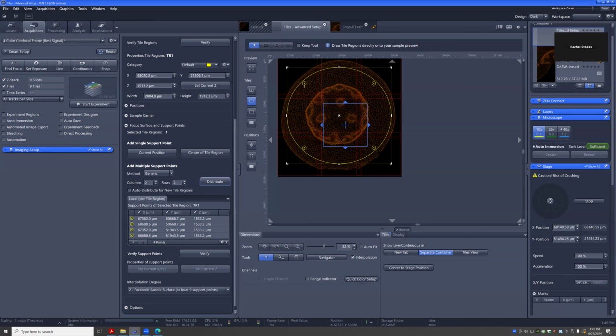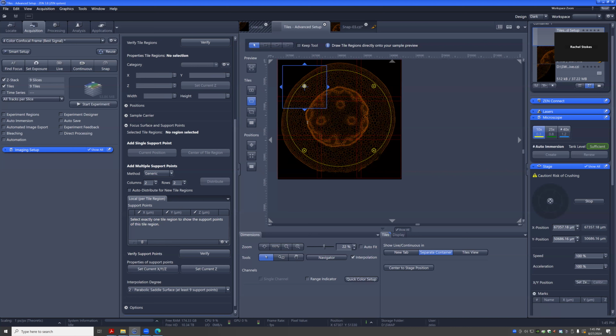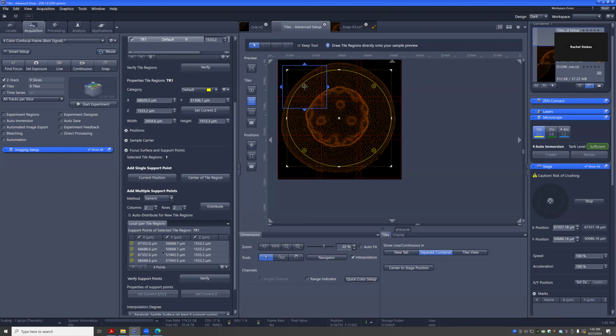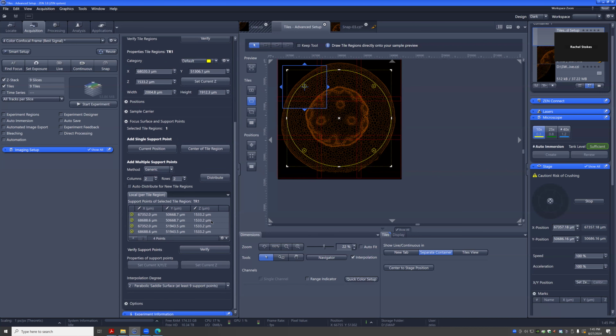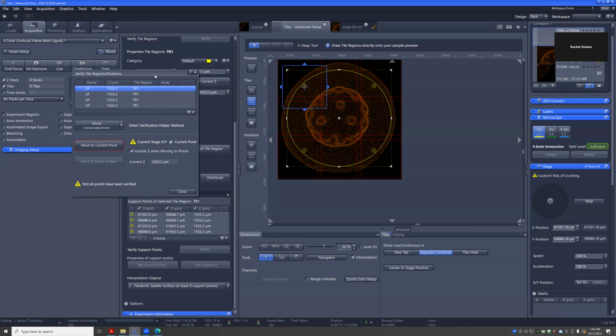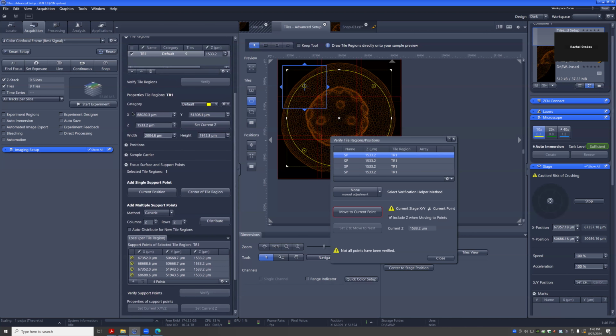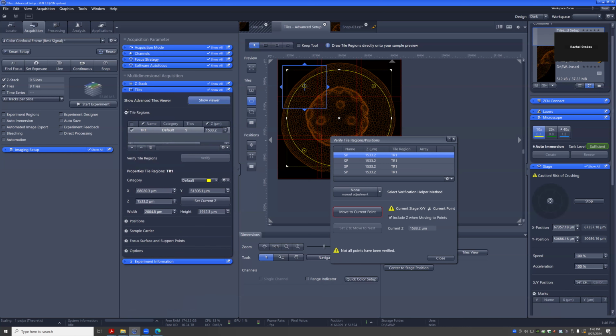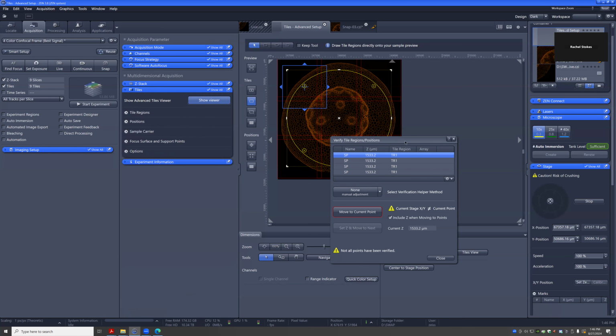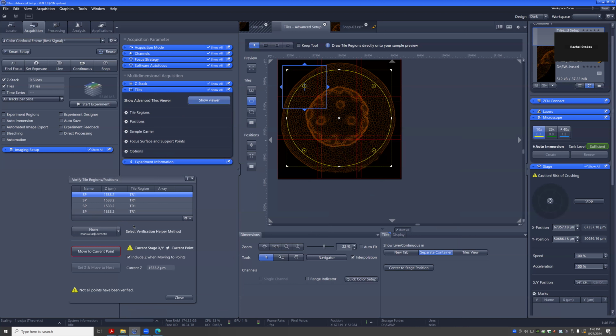This lets you adjust individual Z positions for every one of these individual points. So you can go live, and we'll do that now. Actually, we'll go live and we'll hit verify here. I'll minimize some of this stuff because otherwise it'll get kind of crowded. So if we look at this menu right here, you see the 4 support points and all of their own Z values. If we then go live,